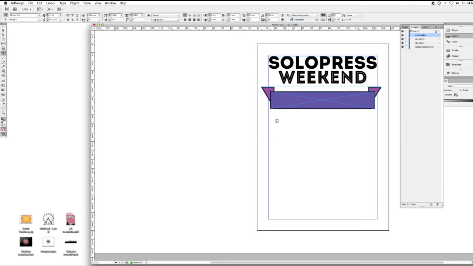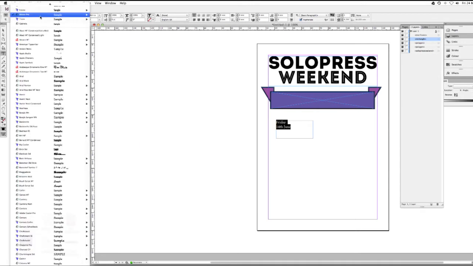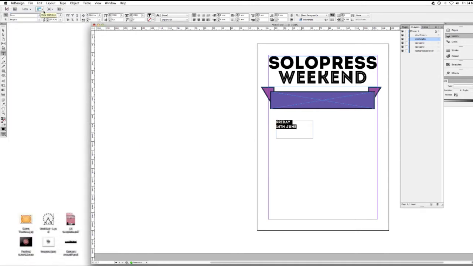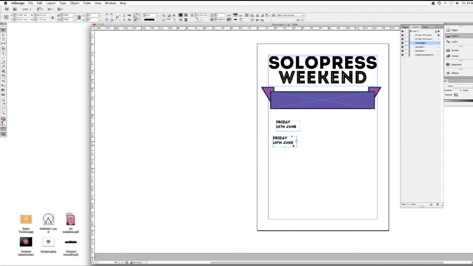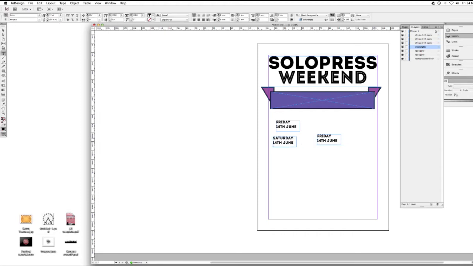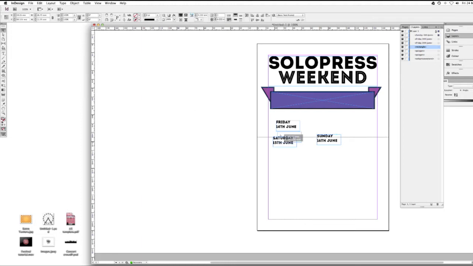Okay, then I'll go to the text tool again and I will create the days that the music festival will be happening. So I'll go ahead and copy and paste this and make it Saturday the 15th of June and Sunday the 16th of June. And then I'll go ahead and position these, just one there.